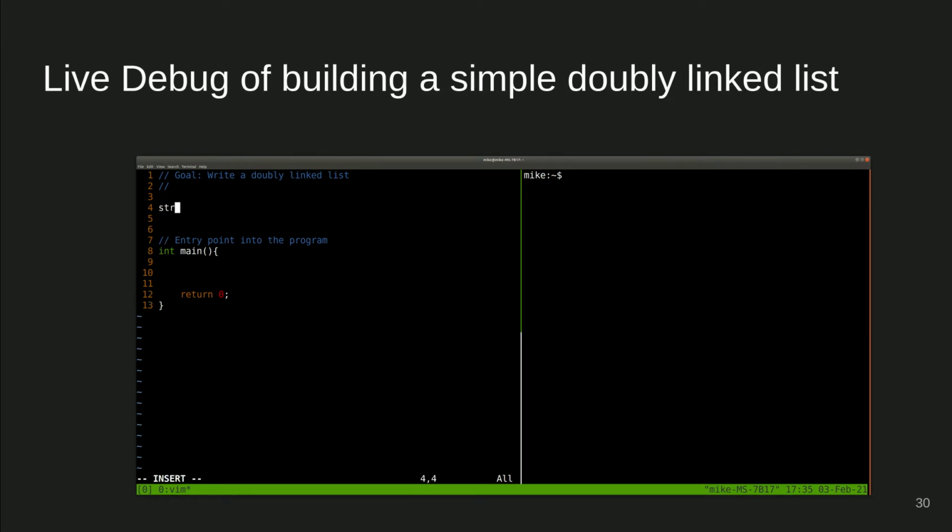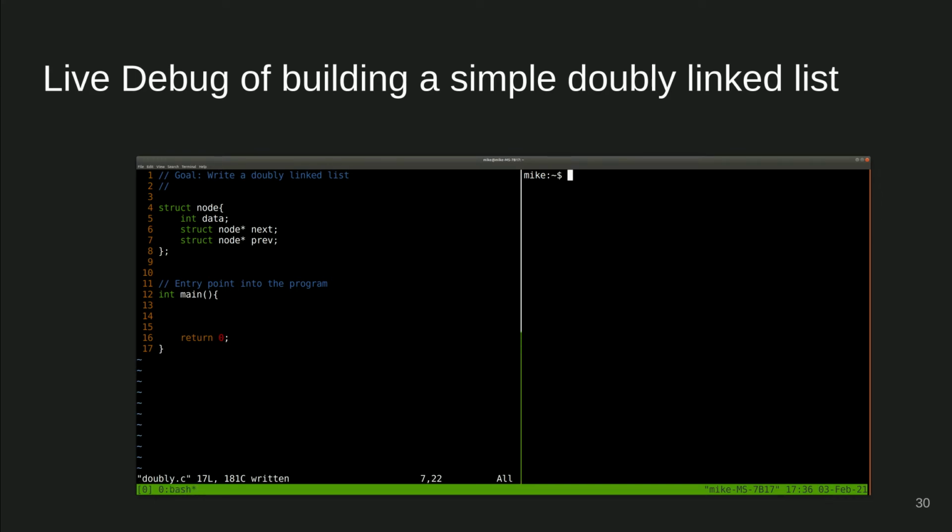Okay, so I have a struct here, a node, and I'll actually leave this lowercase like this, and some data, and then we have a struct to a node that is our next node. Now these are pointers also, remember, so we have a star here, and then a struct to another node, that's our previous, okay? And I'm gonna hit escape, :w to save the file, Control B to move over, and again,